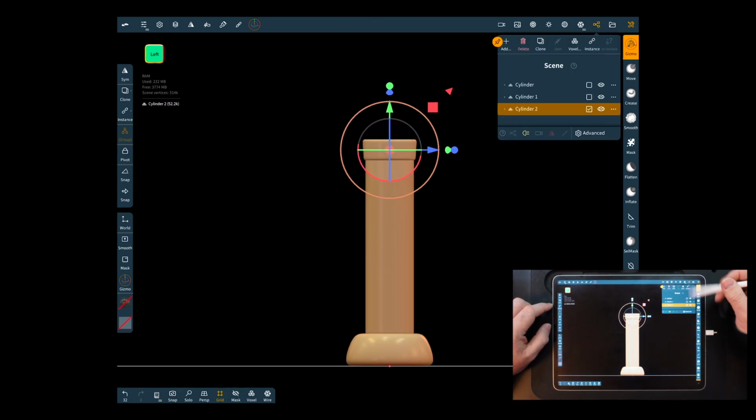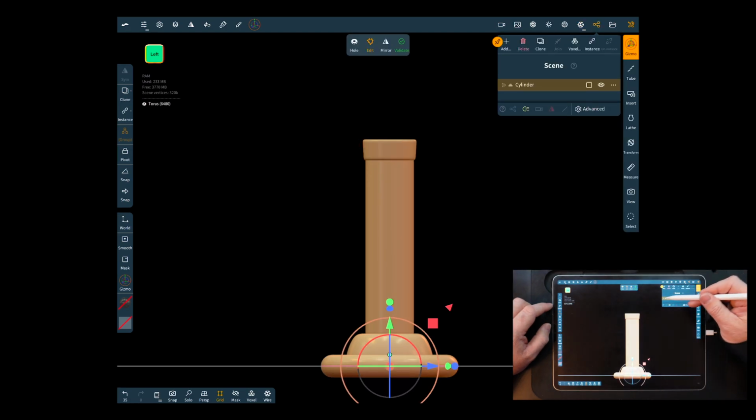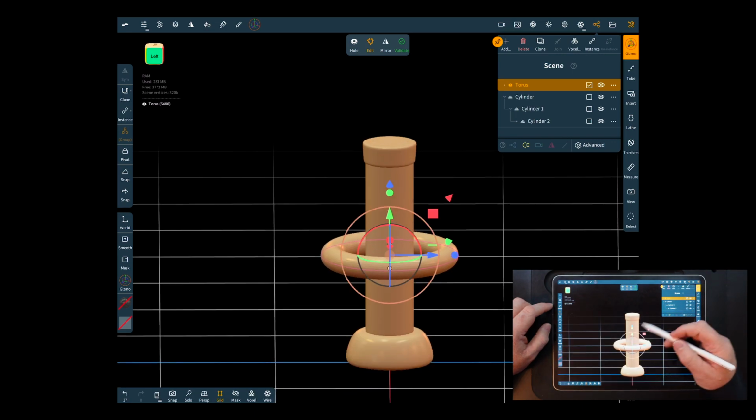So let's come in. These, I'm just going to put these together just so they're easier to find. We can close them up. I'm going to add a torus. We're going to go in here because it's going to be stuck in there, so I'm going to pull it out. Alright, now we are going to bring this up